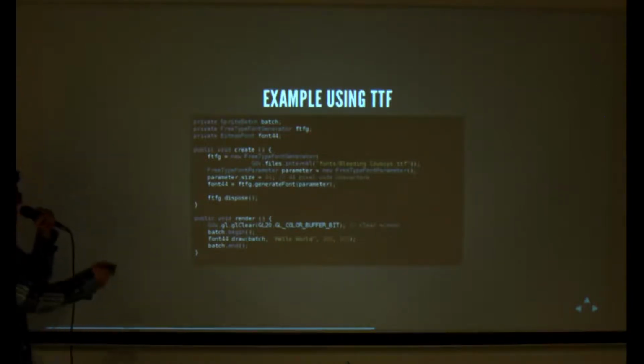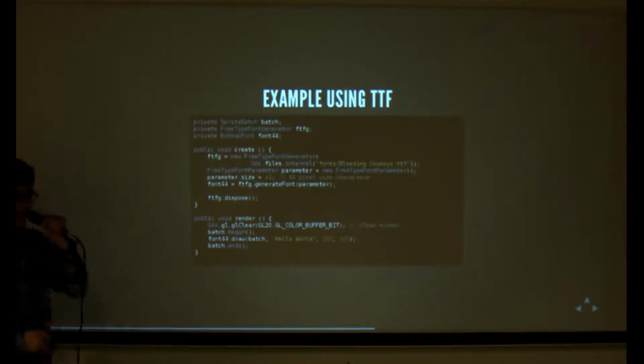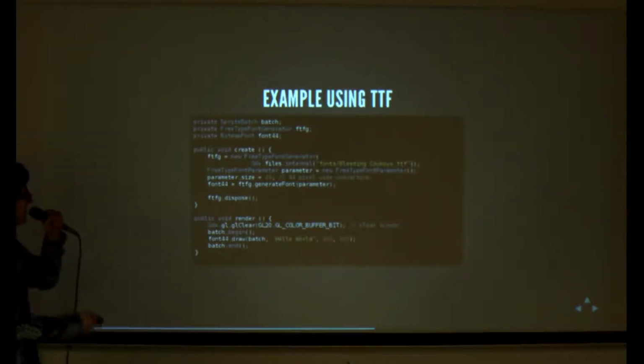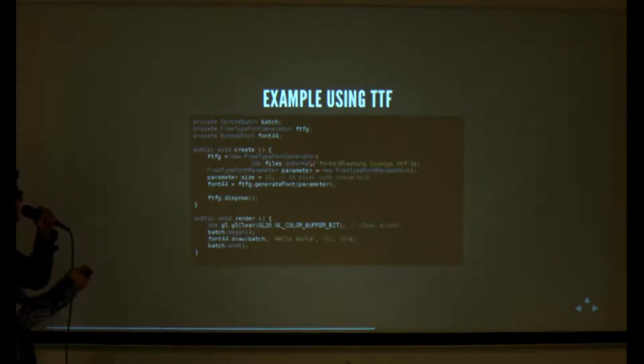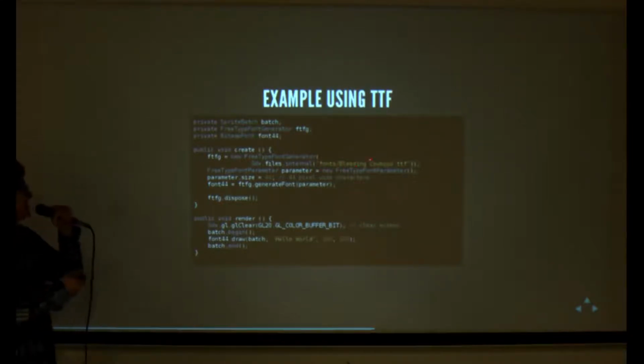And you just load it in. You put it in the assets folder of your project. For example, I've here used Bleeding Cowboys and I put it in assets/fonts/Bleeding Cowboys TTF. You load it in with FreeTypeFontGenerator, and in the constructor you put the